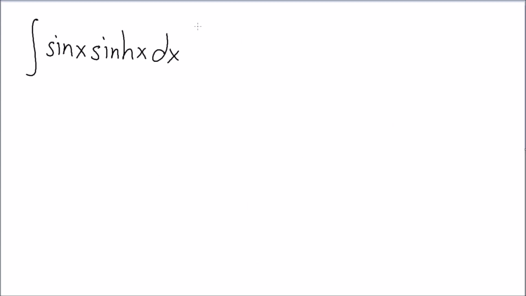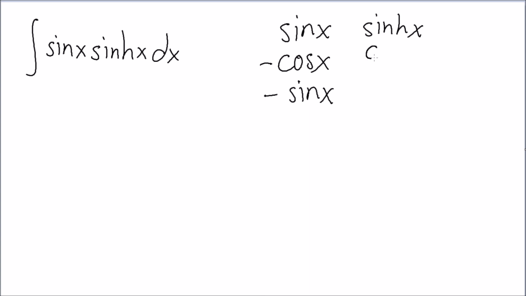Now this looks weird, right? But this is just integration by parts. However, we might have to do a recursive integration by parts. So let's go ahead and get into that. Sine of x, cosine of x, but this becomes negative, negative sine of x. And then here we know it's just sinh x, cosh, then sinh again, right? And as you can see, we end up